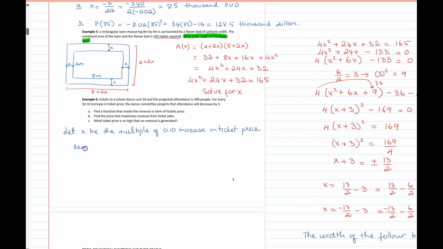So the revenue here, R of x, is equal to the number of attendees multiplied by the cost of the ticket. The number of attendees will decrease by 5 for each multiple of 10-cent increase, so that will be 300 minus 5x, and the cost of the ticket is increased, so that will be 4 plus 0.10x. Yes, so that is your equation. And let's multiply this out and combine like terms. We get